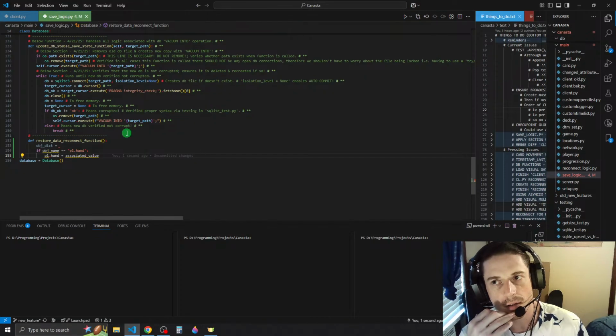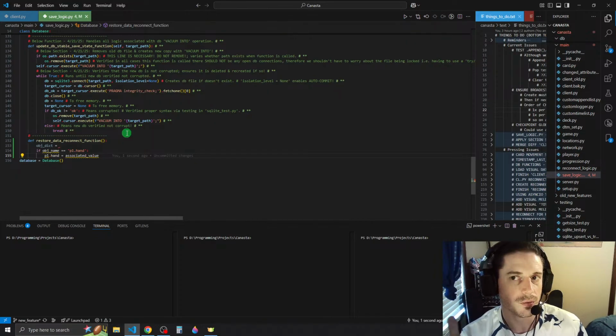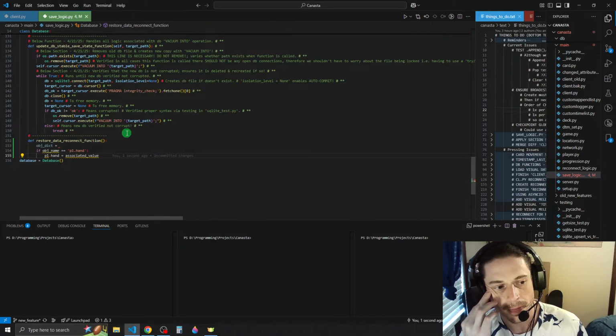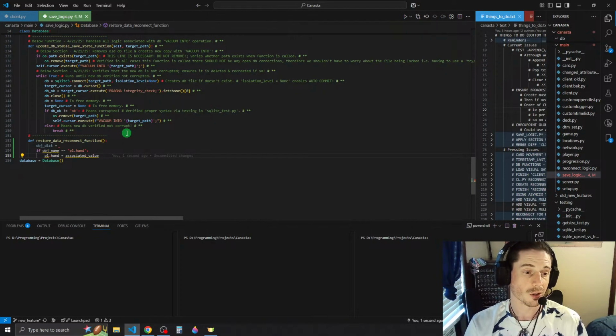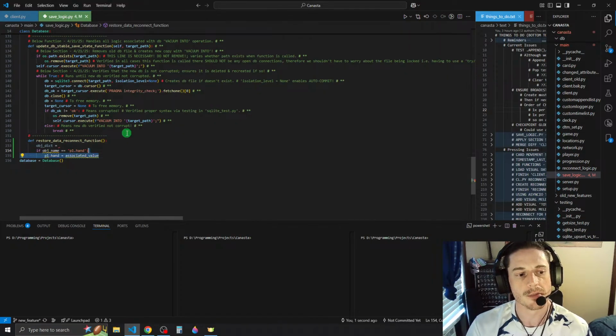Otherwise, we would have data in the database that was saved but doesn't get restored for whatever reason. So we would just have to have a universal object name list to iterate through.